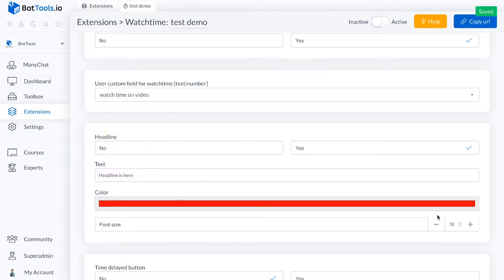Now afterwards you also get to choose the font size. You can move it up or down. It's completely up to you where and how you would like to have that viewed. Now, as we continue on,